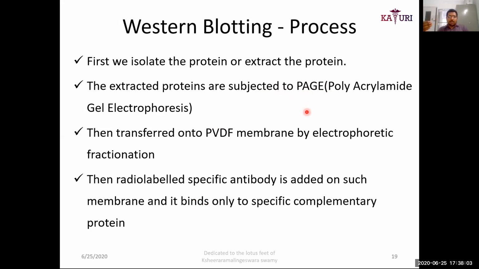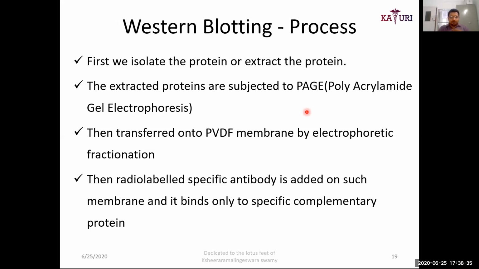Polyacrylamide gel electrophoresis. After that, the electrophoresed proteins are transferred to a polyvinylidene difluoride membrane by electrophoretic transfer. Here is the difference: in other blottings, we use capillary action for absorption of DNA or RNA, either in Southern blotting or Northern blotting. But here you use a PVDF membrane, where the proteins can be electrophoretically transferred from the gel and attached to